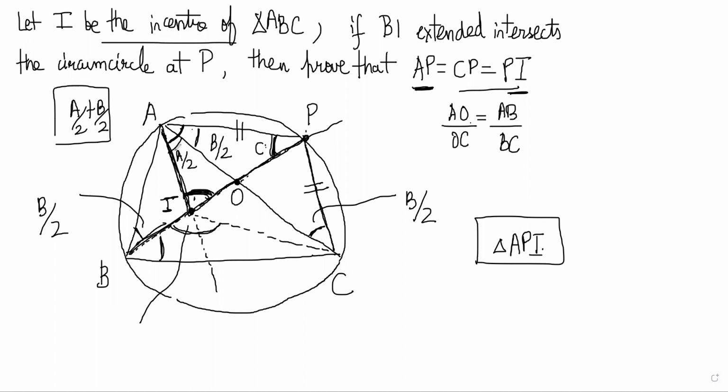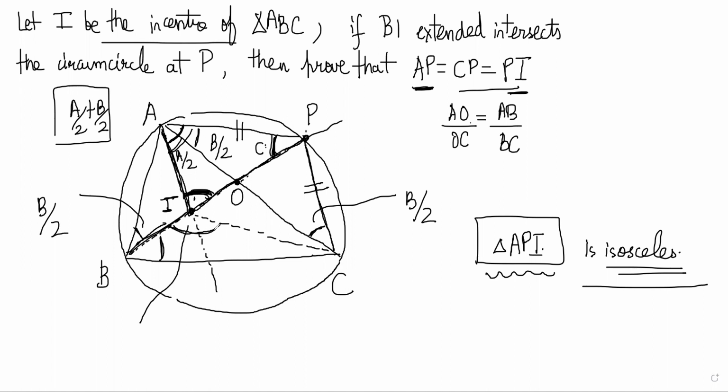This is C, this is A by 2 plus B by 2. Then this has to be 180 minus (A by 2 plus B by 2) minus C, right? So we can write C as C by 2 plus C by 2. And then C by 2 plus A by 2 plus B by 2 equals 90. That is 180 minus 90, which is equal to 90 minus C by 2. This triangle comes out as isosceles. A by 2 plus B by 2 plus C is already there, so the other angle should be A by 2 plus B by 2. So it is isosceles and you will get AP is equal to PI, right?